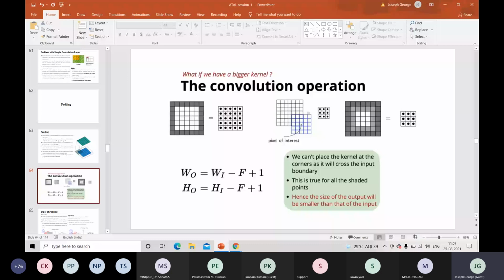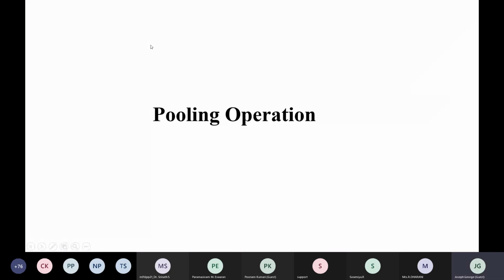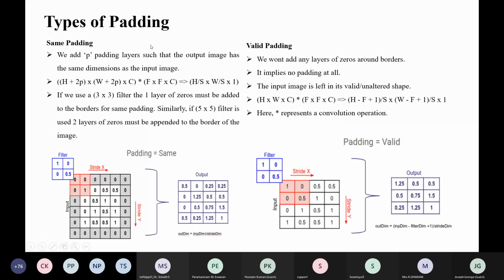Here we have two types of padding, same as well as valid.